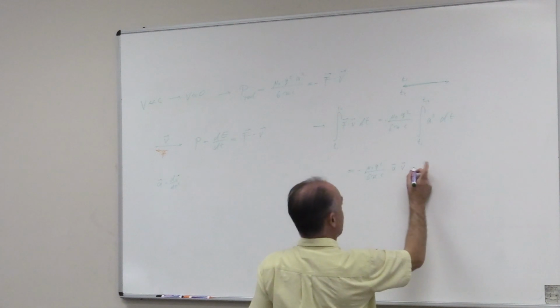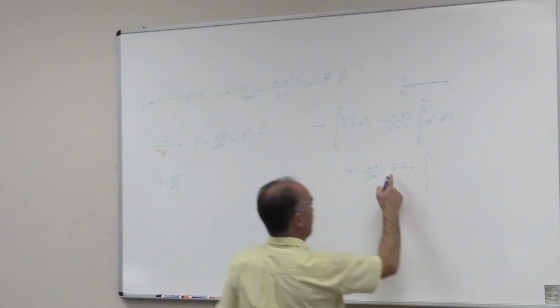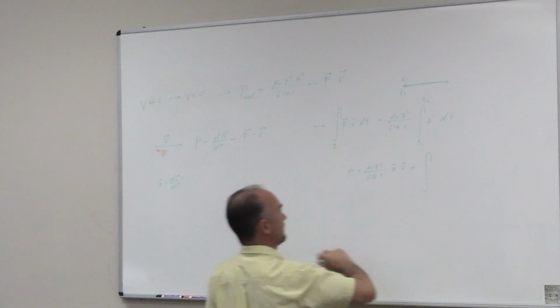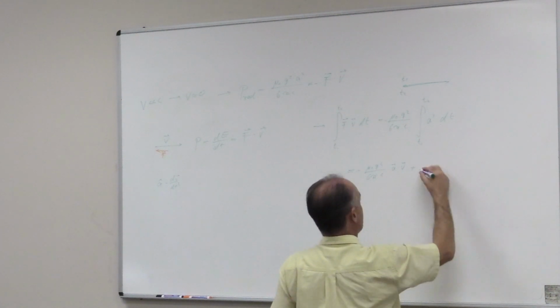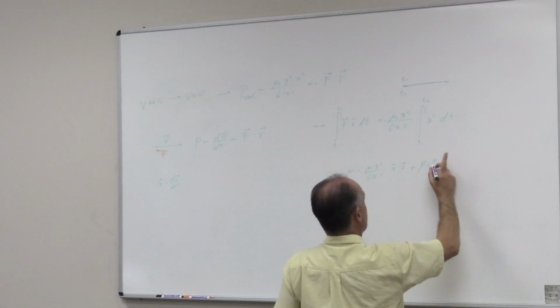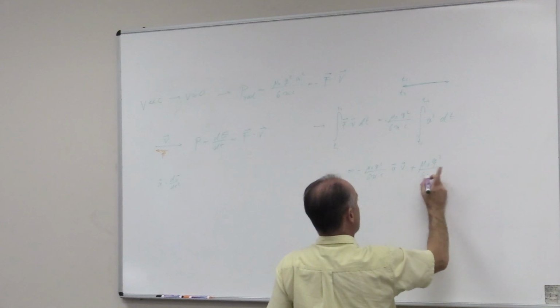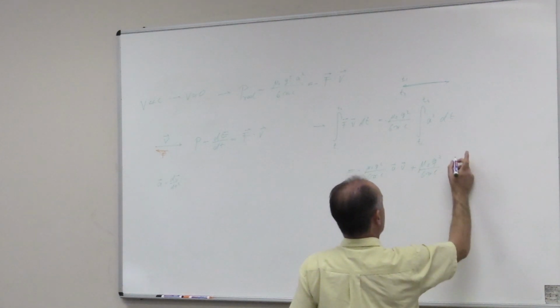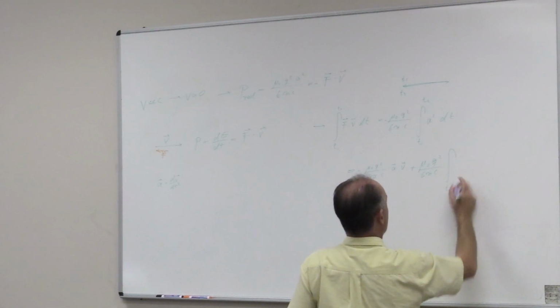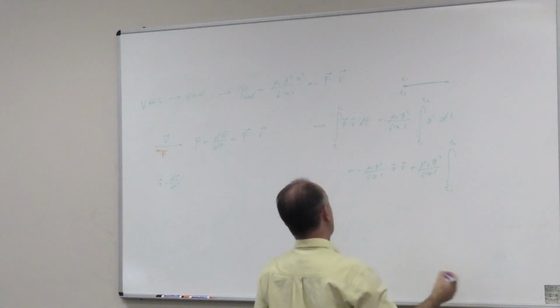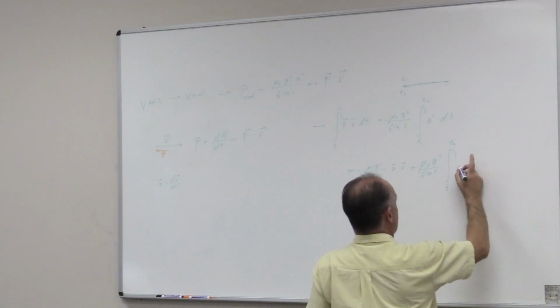To correct, we have to put a dot times v. So plus mu naught q squared over 6 pi c, integral from t1 to t2 of a dot